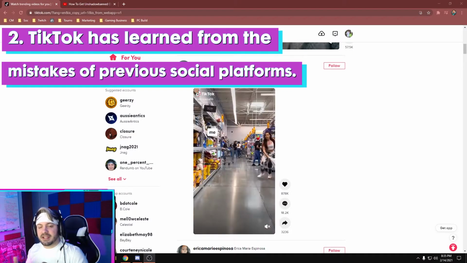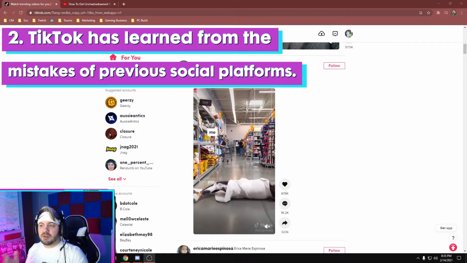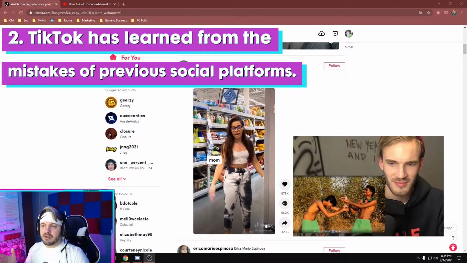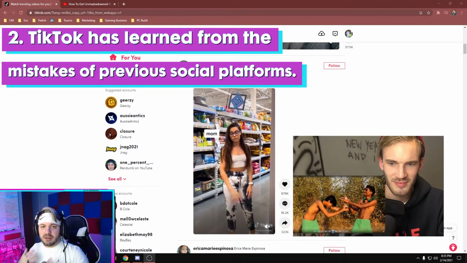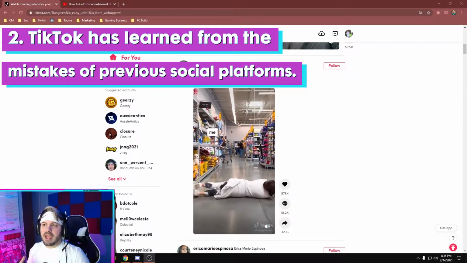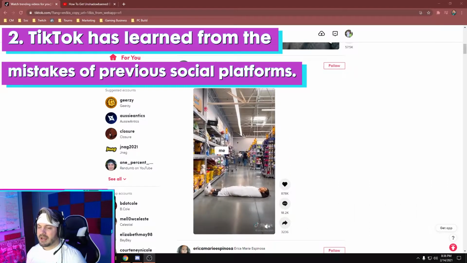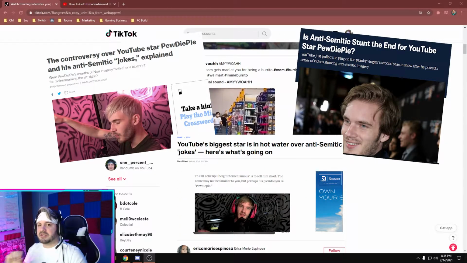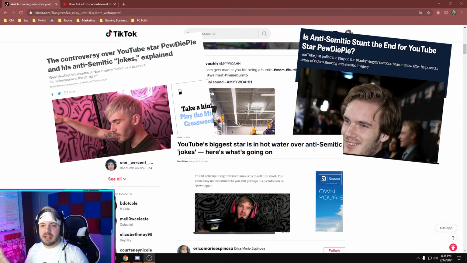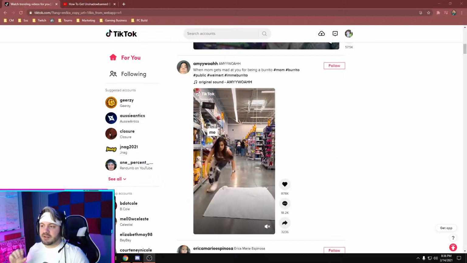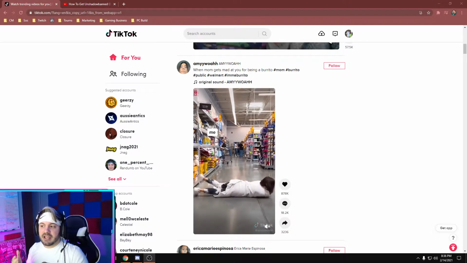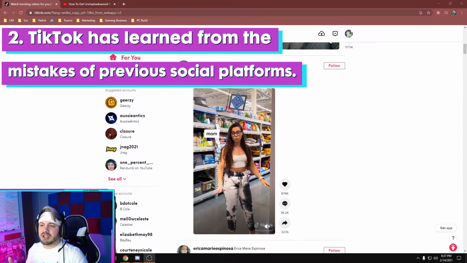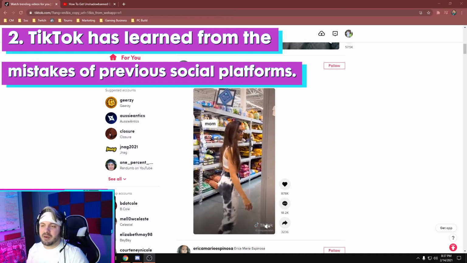The second reason is because they can learn from the mistakes of their predecessors. For example, YouTube had that adpocalypse a few years ago because of the PewDiePie controversy involving paying people on Fiverr to paint their bodies with some controversial things. Before that, advertisers didn't really pay attention to what content was actually being posted. They really just cared about views. But a lot of publications picked up the story and started spreading it to mainstream media, and this got the attention of advertisers, so they started pulling their ads because they were scared of what kind of content their ads were showing over. So TikTok doesn't want to make the same mistake, so they're really strict on what kind of content you can post and what content they push out in their algorithm.